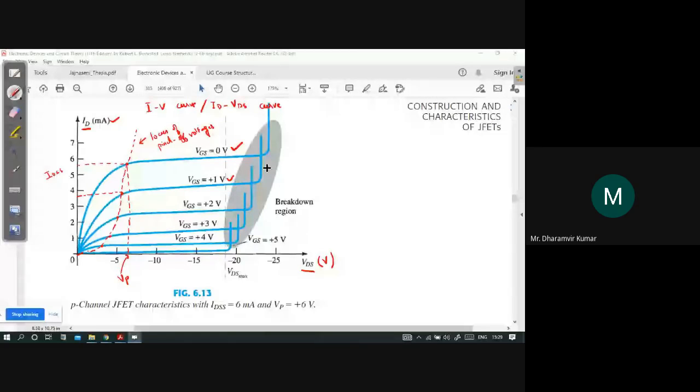Now this is the last case, when we make VGS equal to around the pinch off voltage. The amount of current will be very less, and when we go beyond this, the device enters into saturation. The same thing as it was for n channel JFET, right? And one more thing they have shown here: because this is a practical device, and for any practical thing we have some limitations, we cannot go beyond that limit.